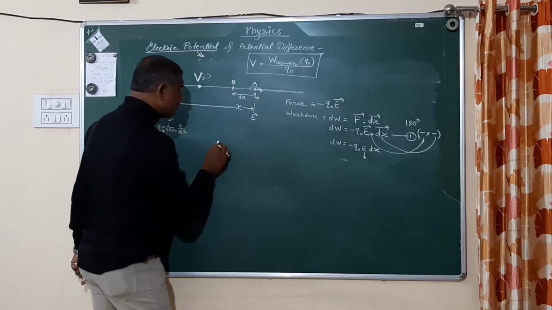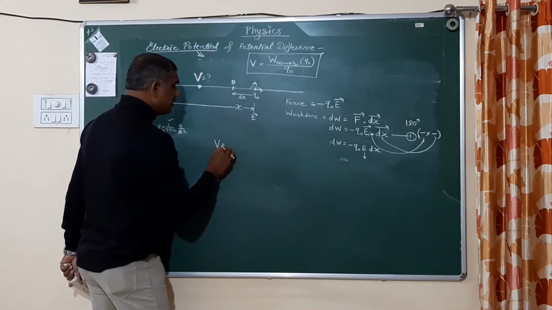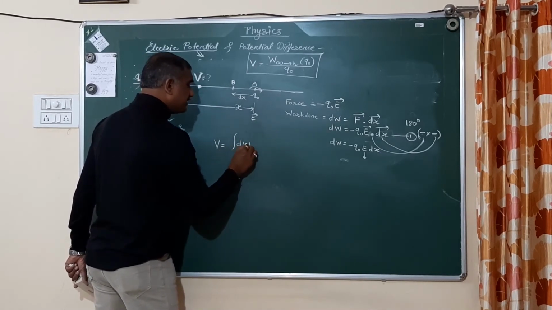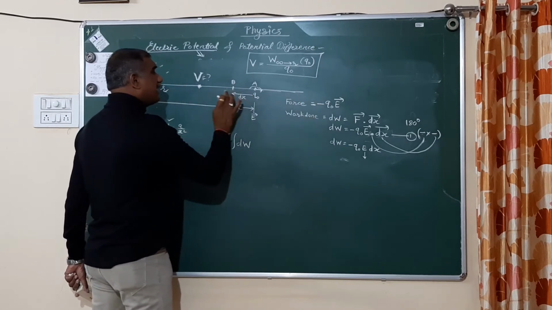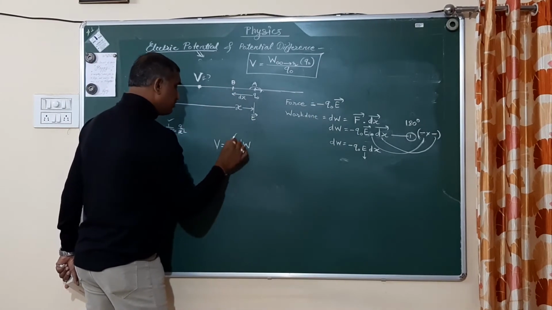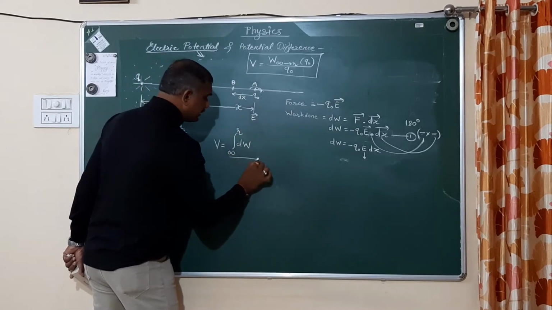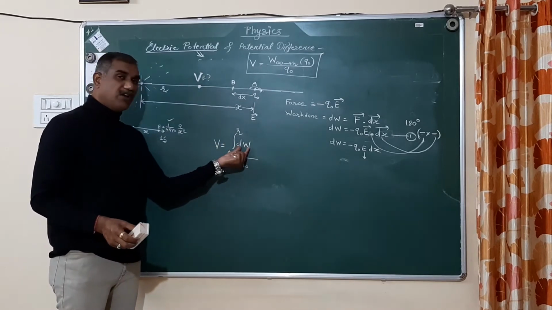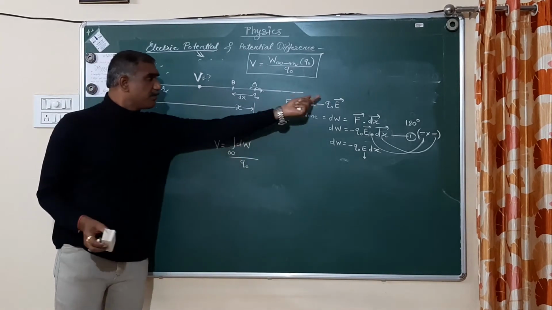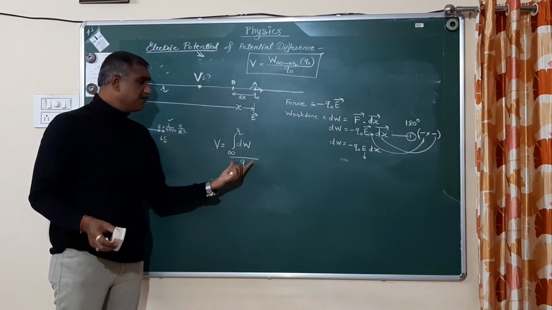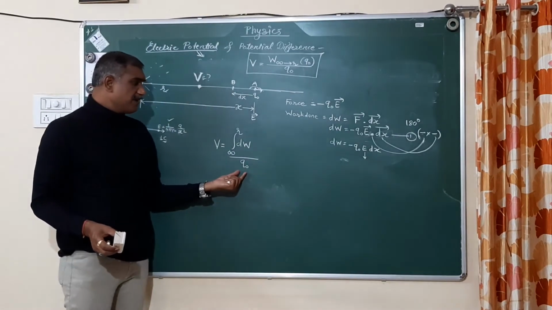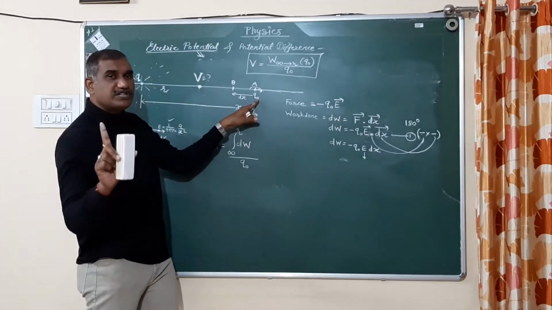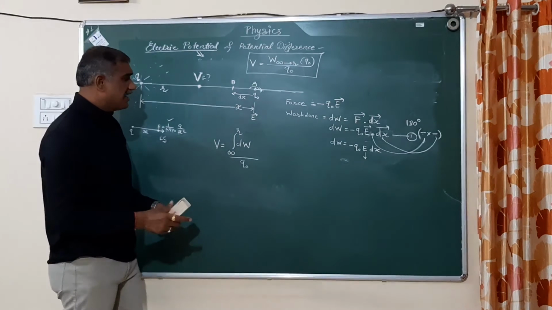But I have to find out the potential, and that is equal to total work done. Total work done means I have to integrate that work done from which position? From infinity to R, and that much divided by Q0. Potential is nothing but the small work done, but I have to consider the total work done from infinity to this position, and that much divided by Q0. Why do I have to divide it by Q0? Because in this case I am moving the charge Q0, not moving the charge of 1 coulomb. That's why I have to consider here charge Q0.